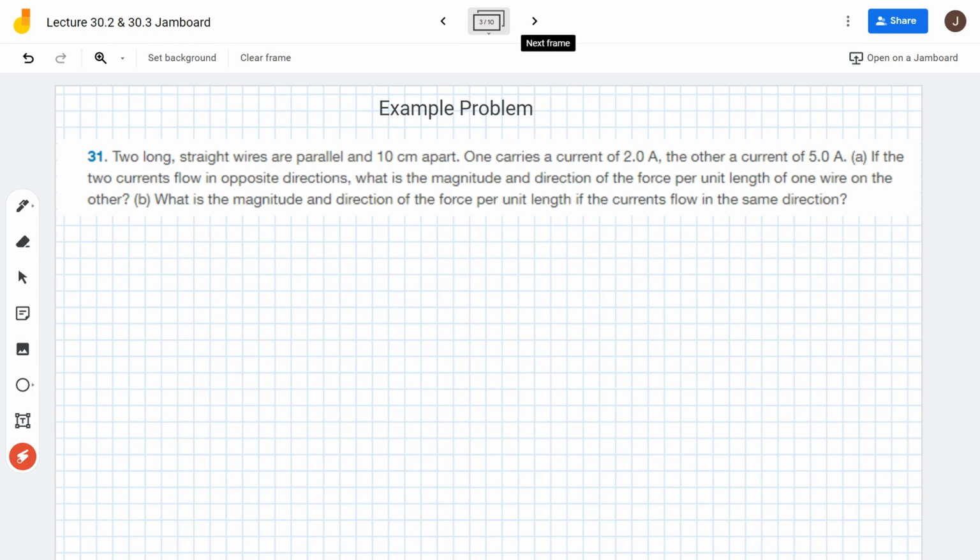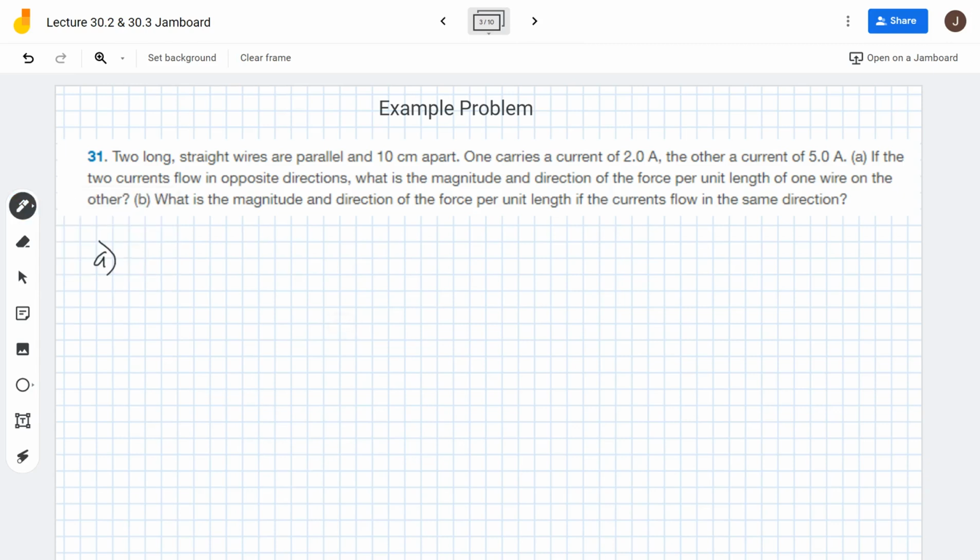It says two long current carrying straight wires are parallel and 10 centimeters apart. One carries a current of 2 amps and the other carries a current of 5 amps. If the two currents flow in opposite directions, what is the magnitude and direction of the force per unit length of one wire on the other? Right, and then we're going to do the same thing, but we're going to see what if the two currents are going in the same direction. So let's start off with part A,